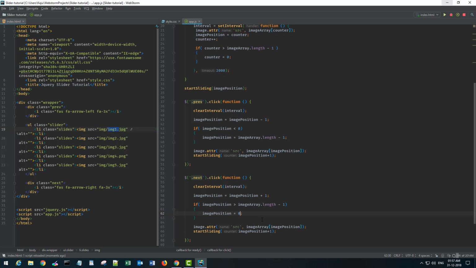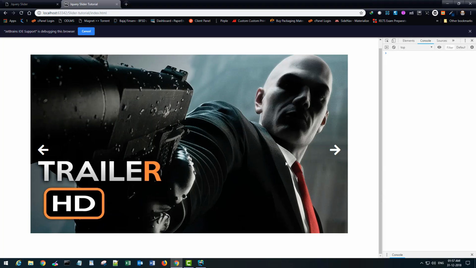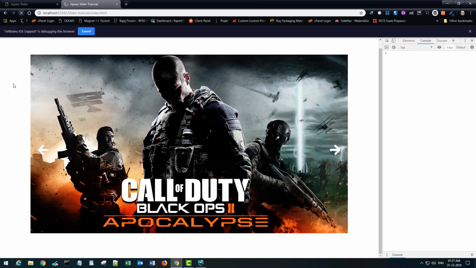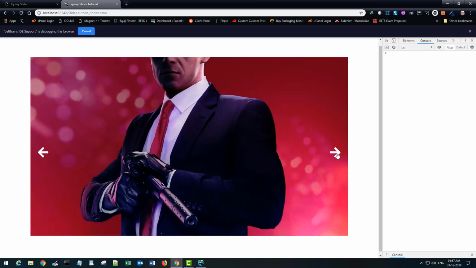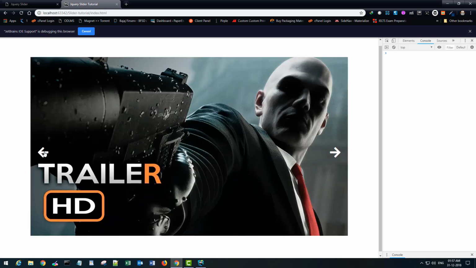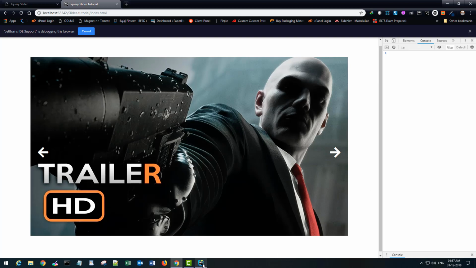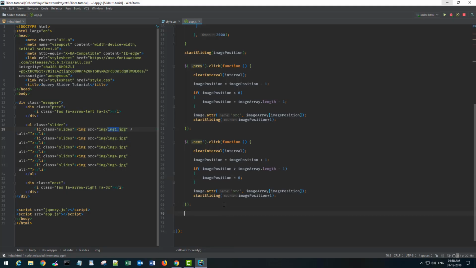Okay, and then start sliding again. So I think this should be all about the two arrows. Okay, refresh it. So next, back. So it works. So the last thing that I would like to achieve here is to respond